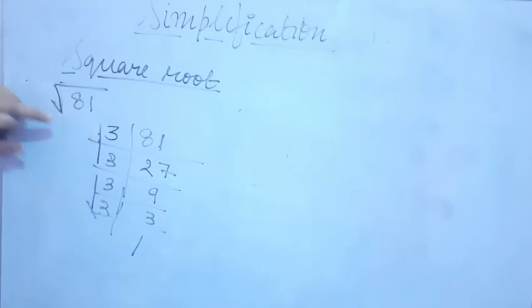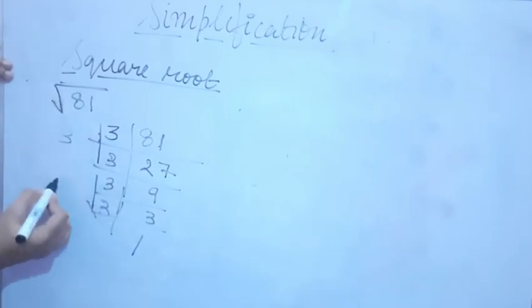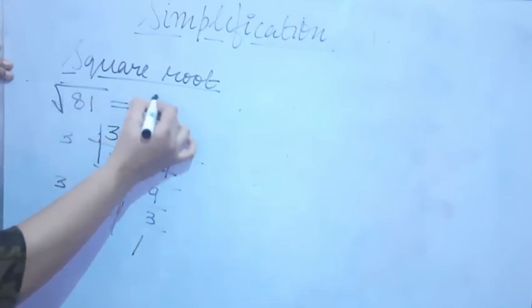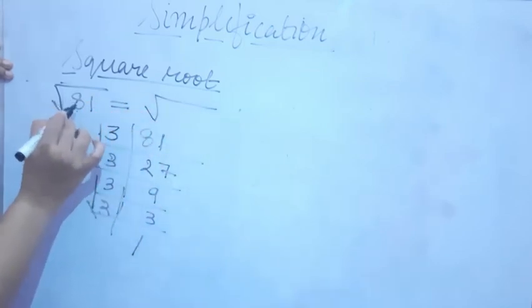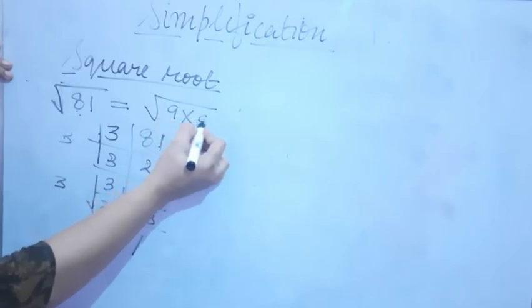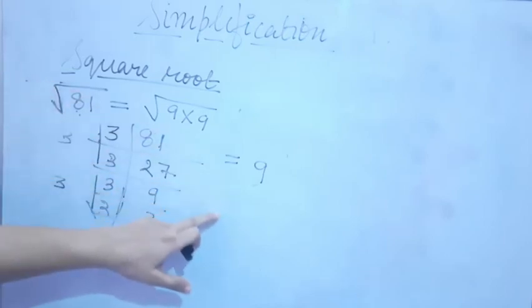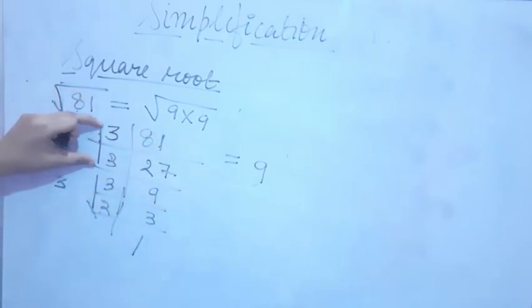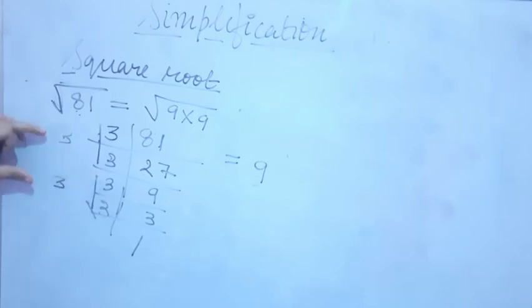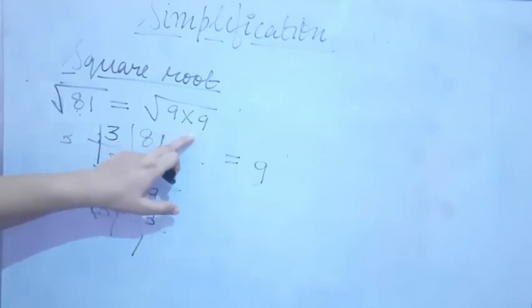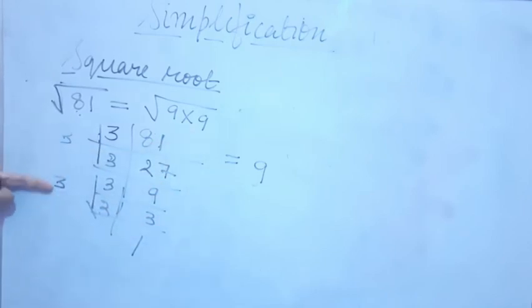So we will consider it as 1 3 and we will consider it as 1 3. So 3 3s are 9. So we can say that under root 81 is obtained by multiplying 9 two times. So the square root of 81 is 9. See, a pair of 3, a pair of 3. So 2 3s we have obtained. That means 9 is multiplied 2 times, because 3 3s are 9.